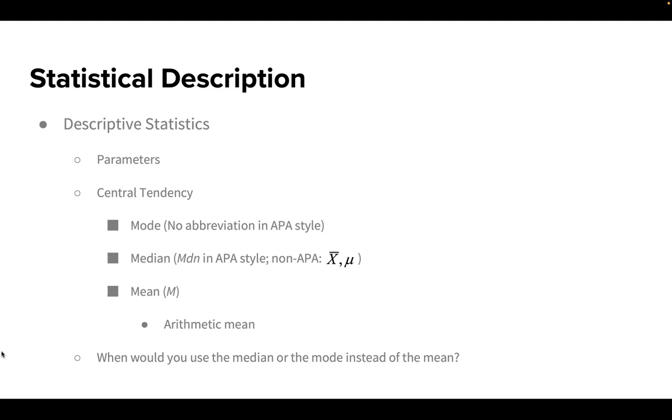The median will be the value in your data set that is closest to the middle. The mode will be the value that comes up the most frequently. And mode can be interesting to look at for some things, but usually not so much in the kind of analysis that we'd be doing in social sciences or hard science research. So there is no abbreviation for that in APA style. You can still put it in a table, and you would write mode for the table label, but it's not something that comes up a lot. So it's usually reported incidentally rather than as a key or important detail.